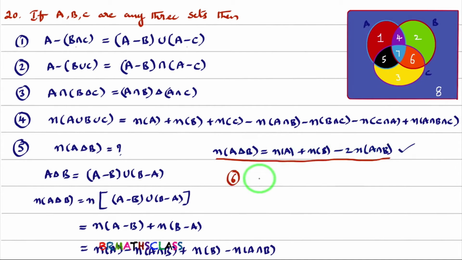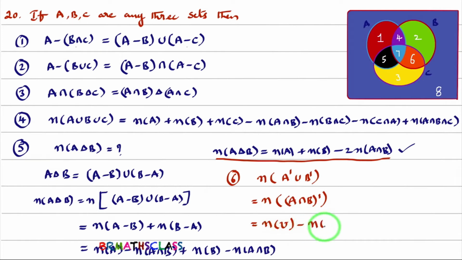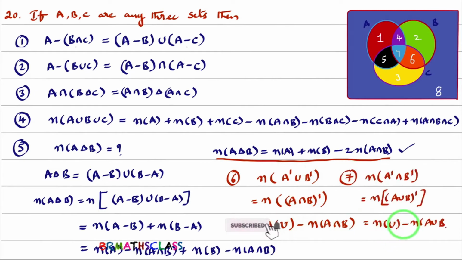We use this result: number of elements present in A dash union B dash. Recently we learned that A intersection B whole dash, right? A intersection B whole dash means not A intersection B. What is the formula for this? It is N of universal set minus N of A intersection B. It can be understood easily. So N of A dash union B dash formula is N of U minus N of A intersection B. So with this the synopsis part is completed. In the next class onwards we will start doing objective problems.